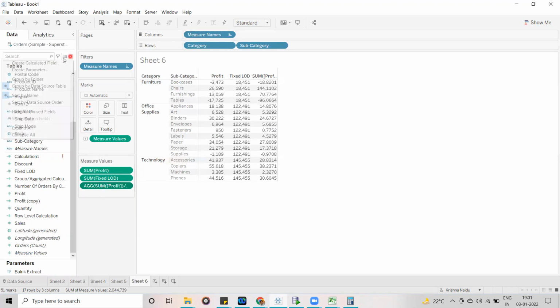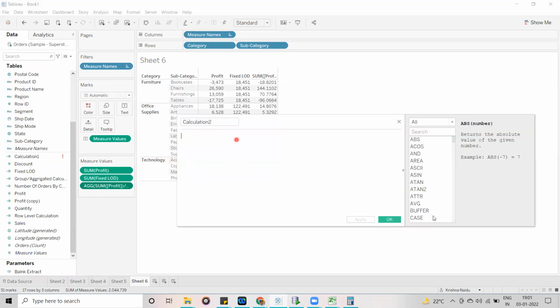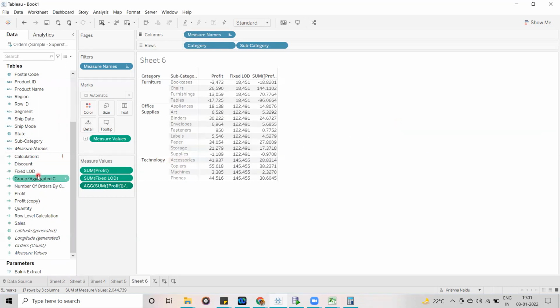Whenever you create a calculation by using the other option and save it, that is reusable, meaning you can use this calculation in any view in the entire workbook. However many visualizations you create, you can use it in all of them. Whatever ad hoc calculation you create, you cannot use in a different visualization. It is part of only that view. That is an ad hoc calculation.